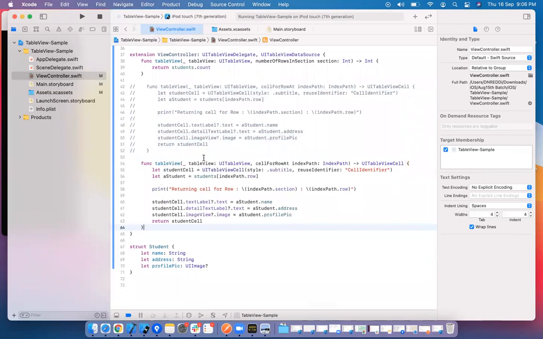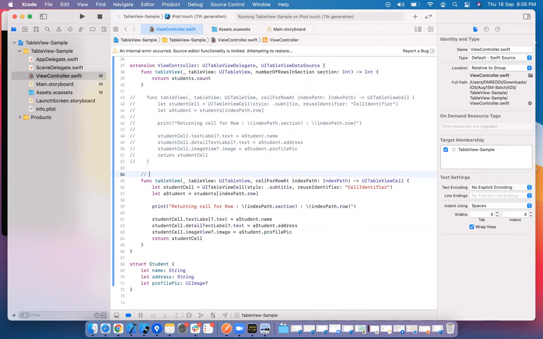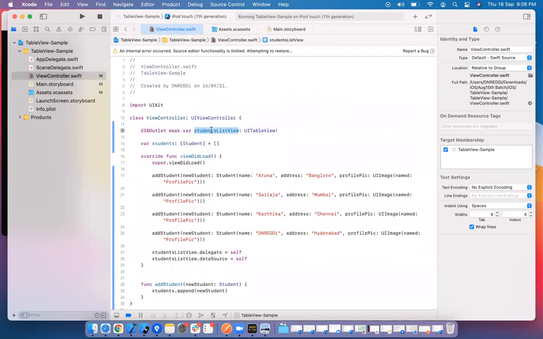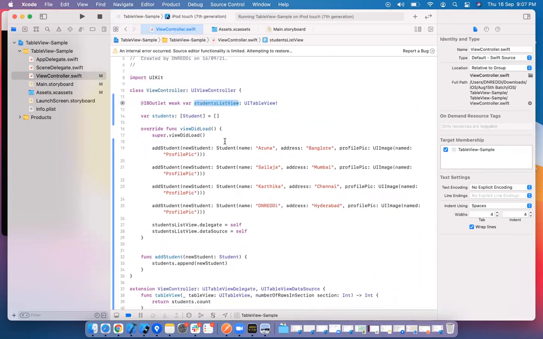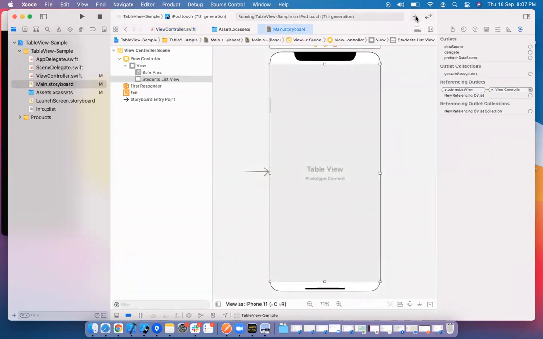The reuse can be done in 2 different ways. One is by using storyboard, otherwise you can also use the normal way. I'm using storyboard. Let me remove all this stuff. To use the storyboard, instead of creating the cell here, if you remember, we have taken the outlet for the year table, but we have not allocated it anywhere because we already allocated it on the storyboard. We have taken the outlet for the label and text field. We have not allocated them anywhere. Similarly, I am going to have one cell here. I can start using that.